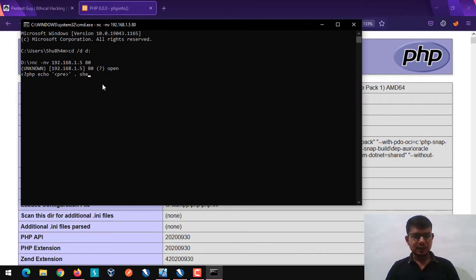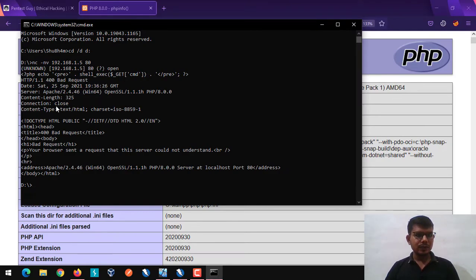and we need to open it, connecting it with shell_exec. In brackets we need to provide $_GET, and here I'm going to provide another parameter which is cmd. Let me close the pre tag. Oops, I think I missed this. Yeah, I'm simply going to close PHP.